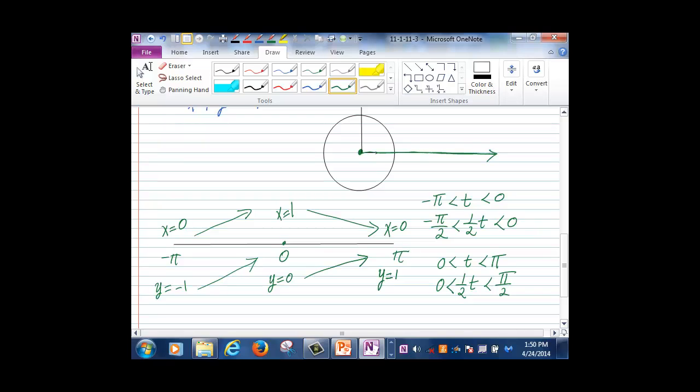When t is negative pi, I get the point x is 0, y is negative 1, right here, right? This point. And then when t is 0, we get the point x is 1, y is 0 right here. And then when t is pi, we get the point x is 0, y is 1, this point here. And then is it clear that the curve is traced